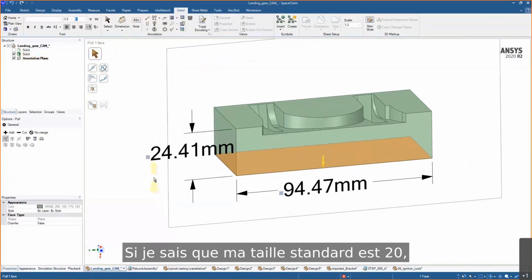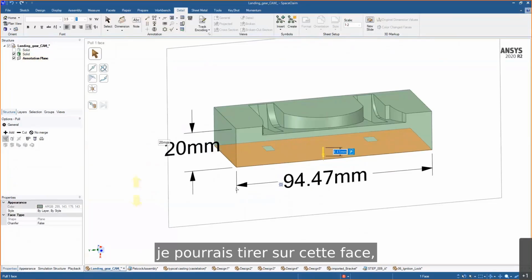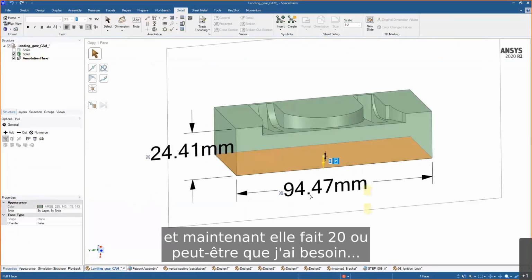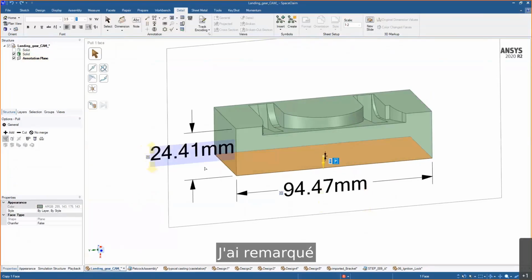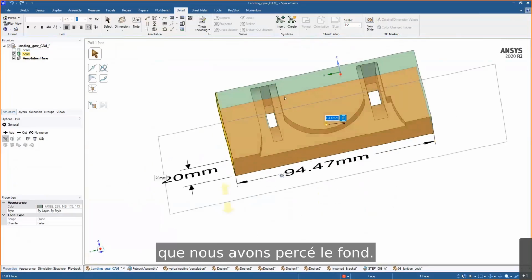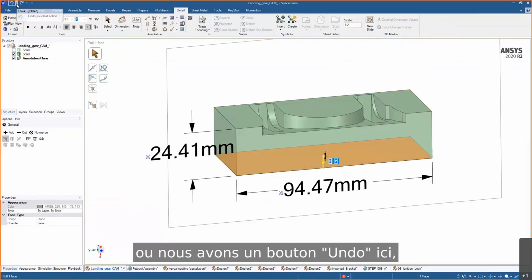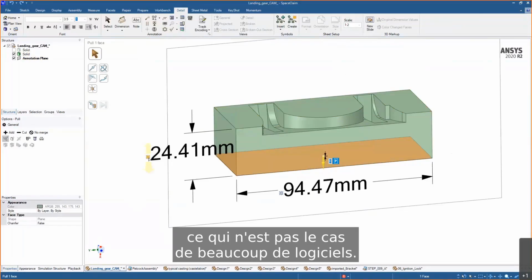If I know that my standard size here is 20, I could go ahead and have it pull on just that one face, and now it's 20 tall. Or maybe, in doing so, I notice that we actually poke through the bottom over here. So undo. Very easy, Control Z, or we have an undo button up here,